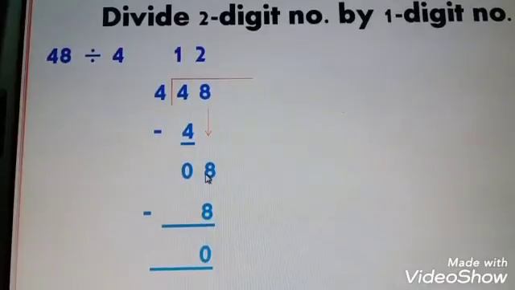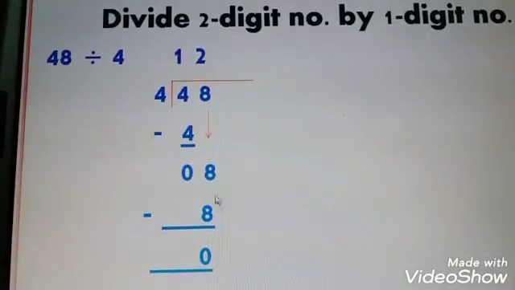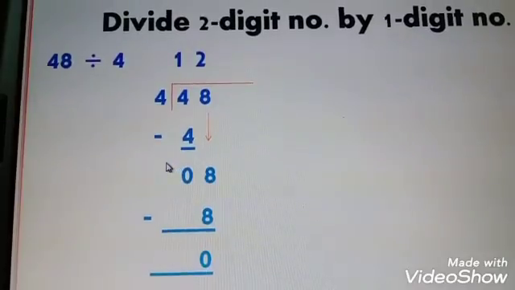So your quotient is 12. Now there is no number further, so we'll stop dividing here, and there is no remainder left. That is, 48 is divided by 4 exactly, and 12 is your quotient. Now next question,